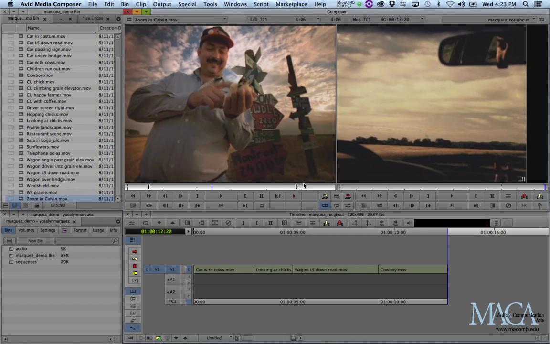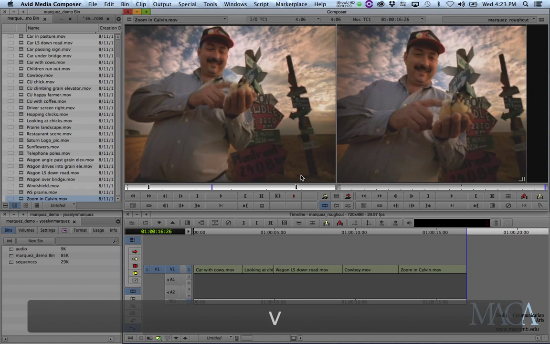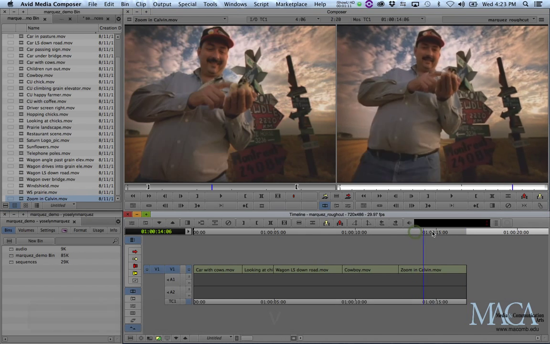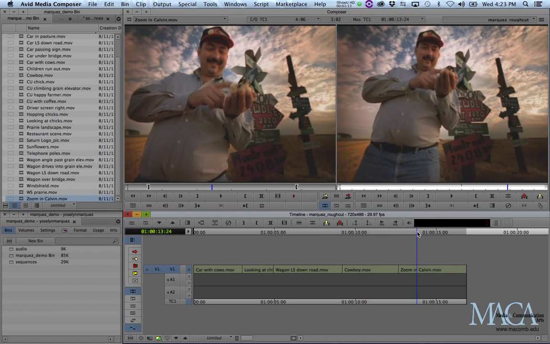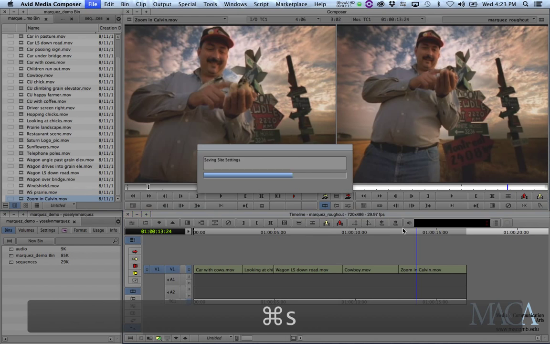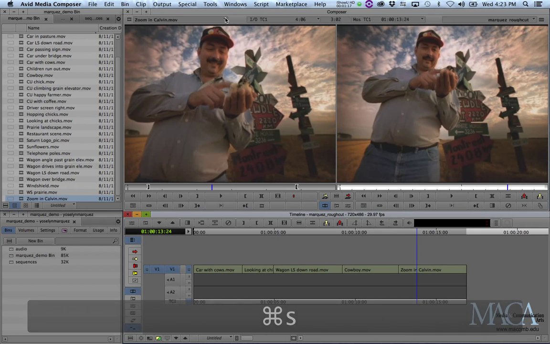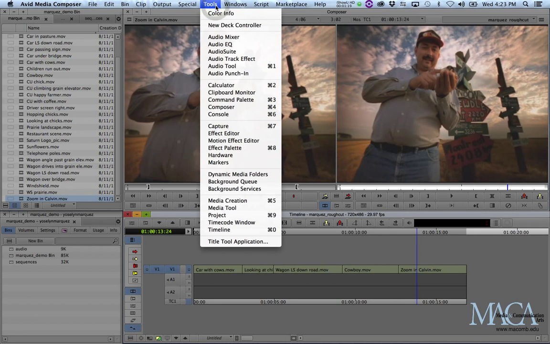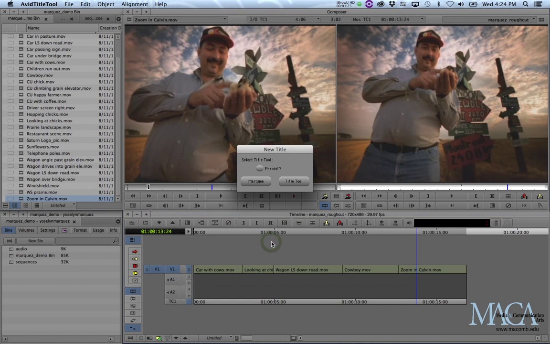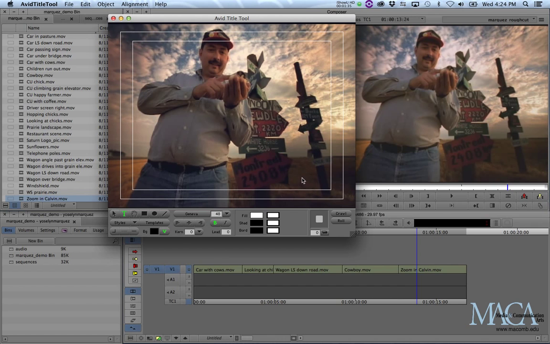So I've marked my clip, and I'm going to hit the letter V on the keyboard to bring it into the sequence. And now from here, I'm going to press Command S to save the file, and I'm going to go up to the Tools menu on the top, and go all the way down to Title Tool Application. I'm going to click that, and it's going to bring up this little window, and you're going to be asked, do you want to take it to Marquee, or do you want to go to the Title Tool? What I want to do is click on the Title Tool,